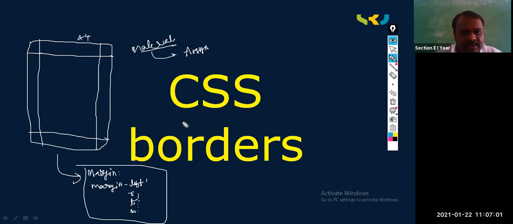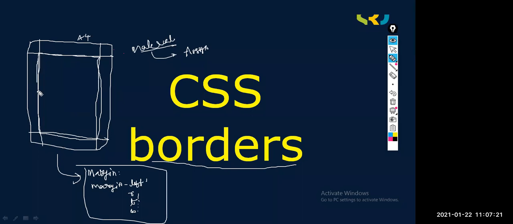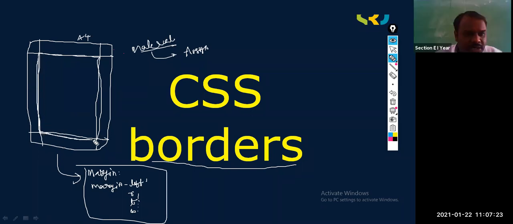First we have border. Okay, see, first we go for borders, next we go for padding. So borders, how do I give border? Some of the people manually won't draw any border, but they use some margins. But right now I want border. So to give the border to your HTML doc, we have to go for borders.